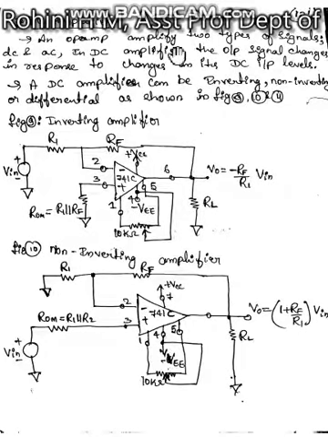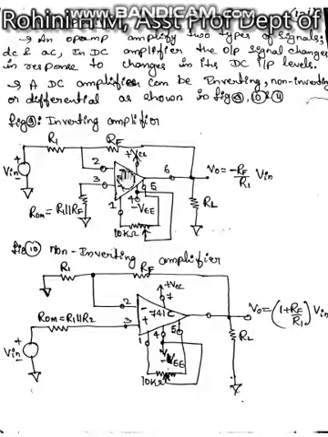An op-amp can amplify two types of signals, that is AC and DC. In a DC amplifier, the output changes in response to changes in DC input levels, and a DC amplifier can be inverting, non-inverting, or a differential amplifier. So an op-amp can be AC as well as DC. When speaking about the DC amplifier, an op-amp can be an inverting DC amplifier, a non-inverting DC amplifier, or a differential DC amplifier. First we are considering the inverting amplifier.